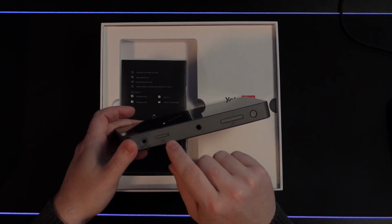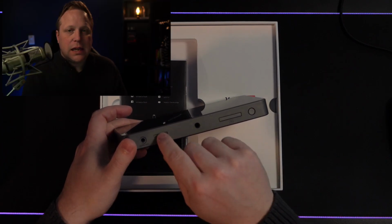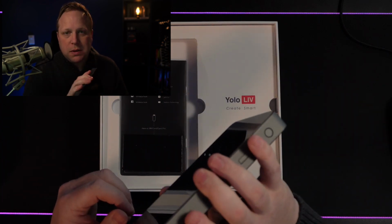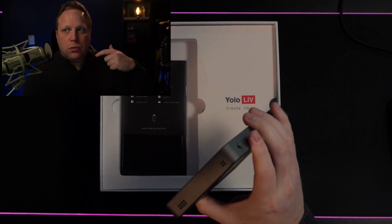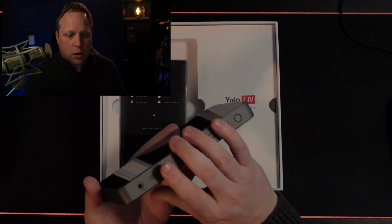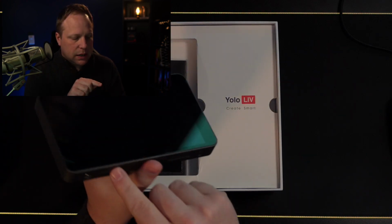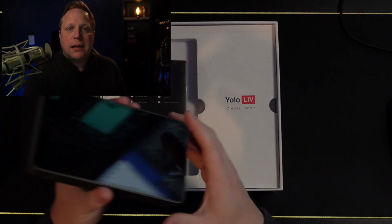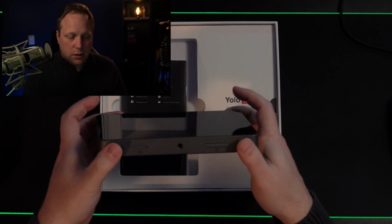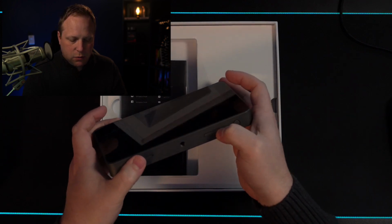You have the ability to enter a SIM card. And so the beauty about having the ability to enter a SIM card is that you can make this a mobile streaming option that works through the data of your mobile network. So you don't even have to have internet. You can just plug in a SIM card here and connect and go mobile using cellular data to stream from. So it might not be the best thing, but then you also have here